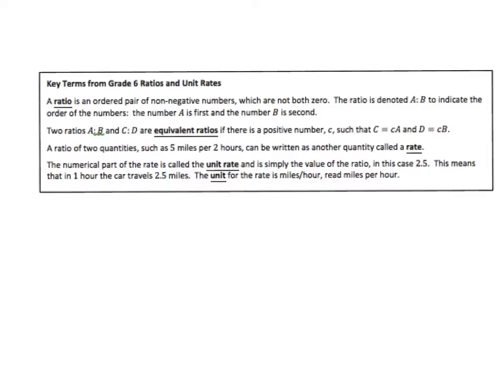So it's really important that you always keep the same order. The two ratios, if we had A is to B as C is to D, they're equivalent. So, for example, we did 24 papers to 12 seconds, and we could write the equivalent ratio